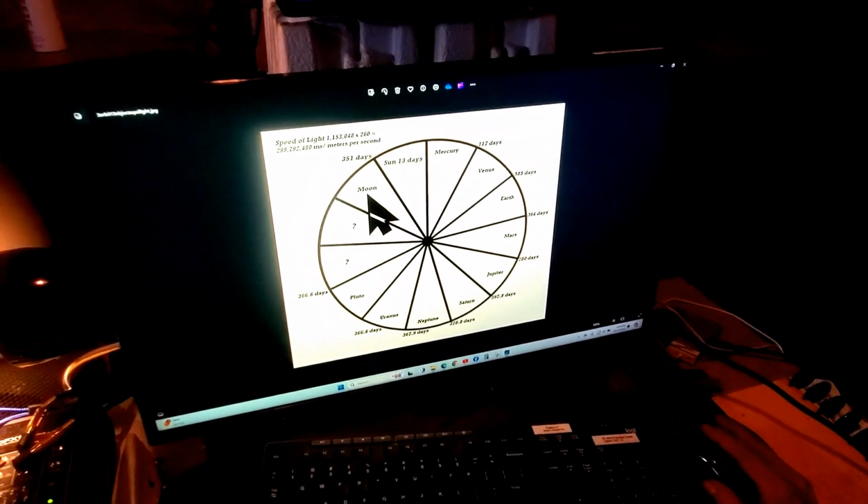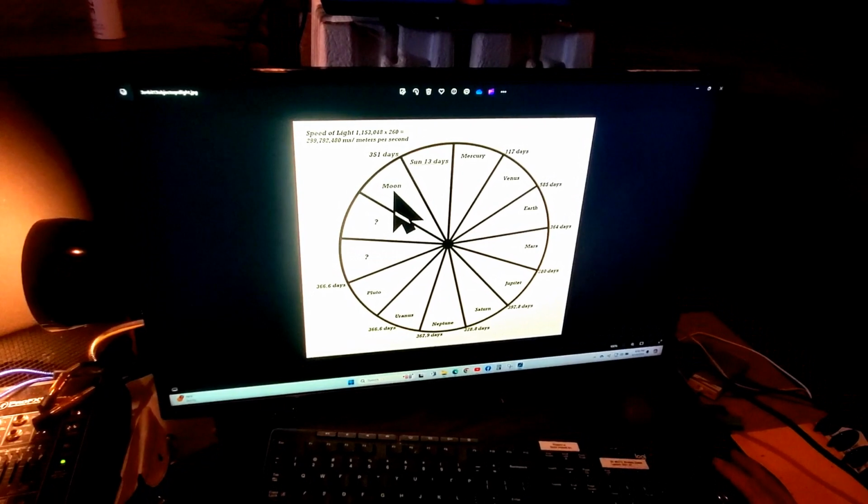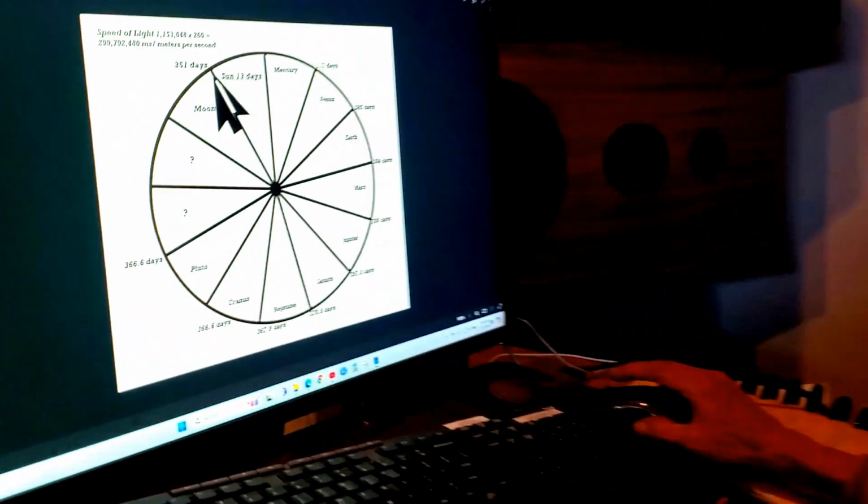But then we get to the moon. Why the moon? Because the moon has a 13 times 27, which is 351 days. And why is that important? Well, because when you use that cycle, it can be used to figure out and calculate cycles of the eclipses of the sun and the moon, or in other words, solar and lunar eclipses are likely to happen every 351 days. So when it goes all the way around back to itself, there's more likely going to be an eclipse of the sun or the moon if it's in this cycle.